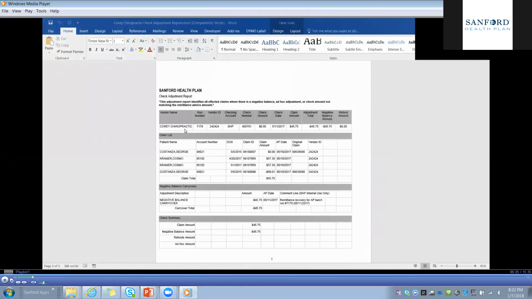You'll see that there's a vendor name, a run number that's listed chronologically if reviewing more than one of these reports, a vendor ID that's associated with your practice, and a checking account, which in this case is SHP. You'll want to ensure that you're not intermingling accounts because these reports need to be specific to each account, as that's the only way to understand and verify the information. So this is SHP. You might see an SGH or an SHP MDX for Sanford Health Plan Medicaid expansion. As long as you're following the same account, you should be okay when